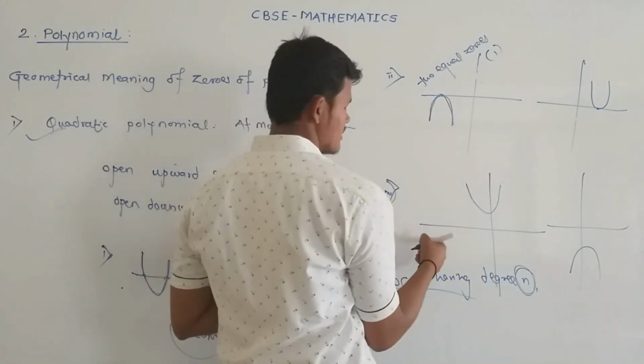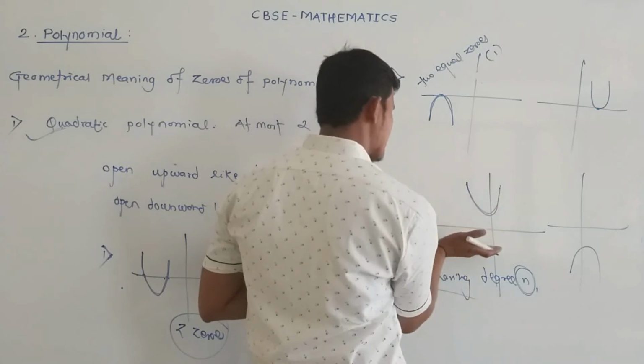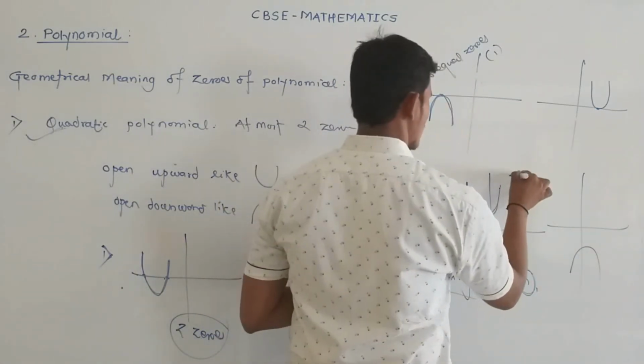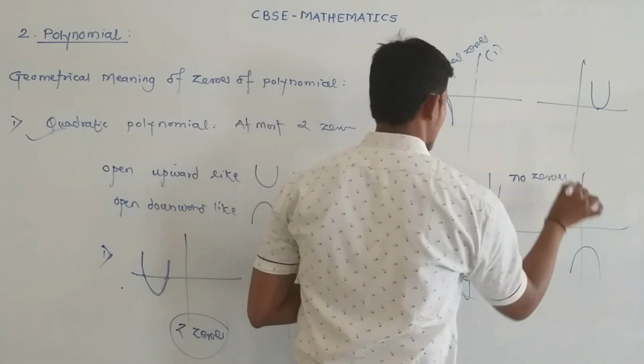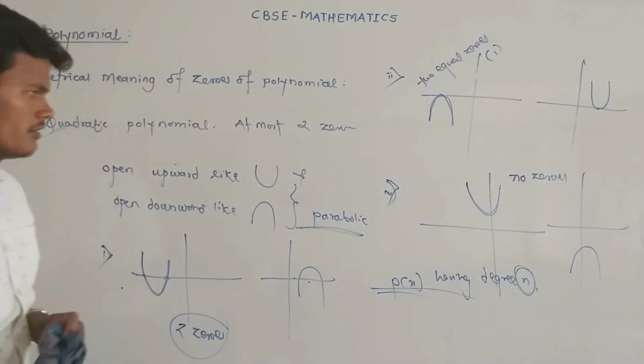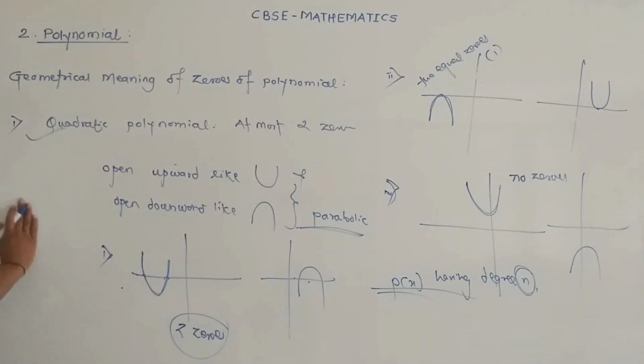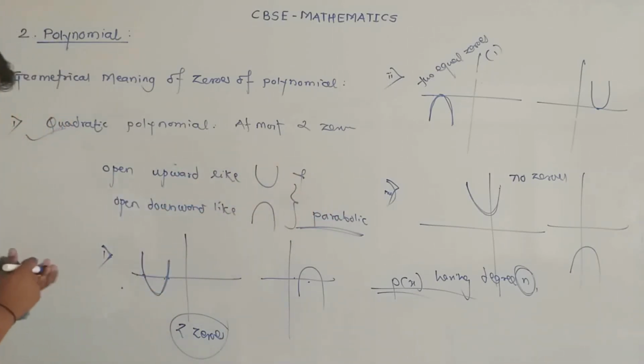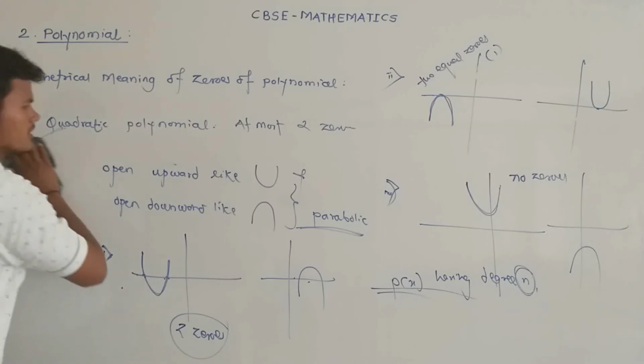And for the third case, this parabolic shape is exactly above the x-axis or exactly below the x-axis, that means no zeros for the polynomial. So according to the condition we have to decide one zero, two zeros or no zeros. Okay, and for the cubic polynomial,